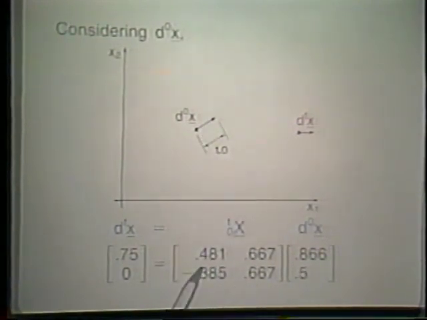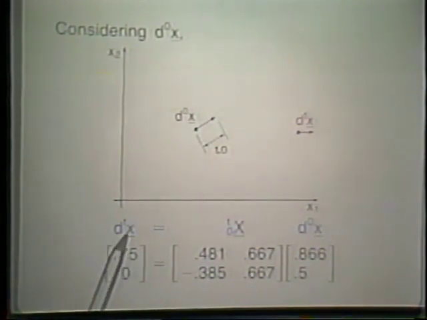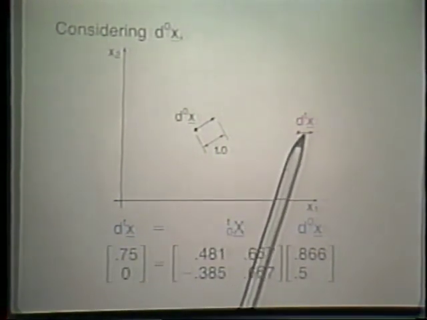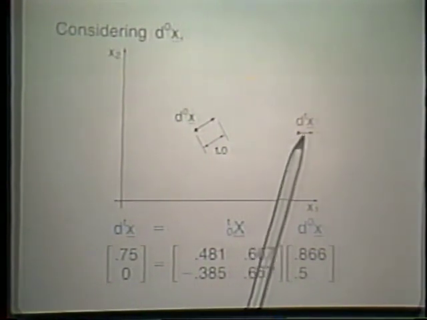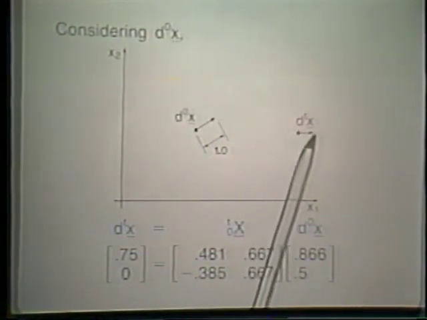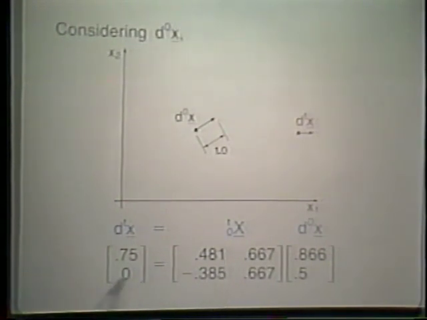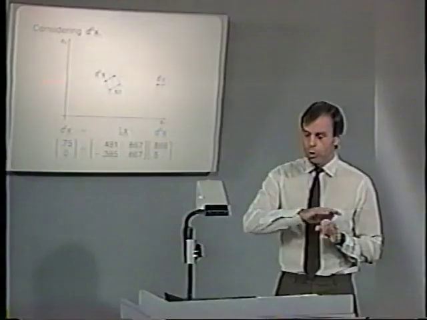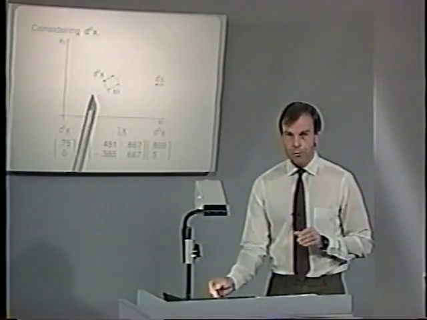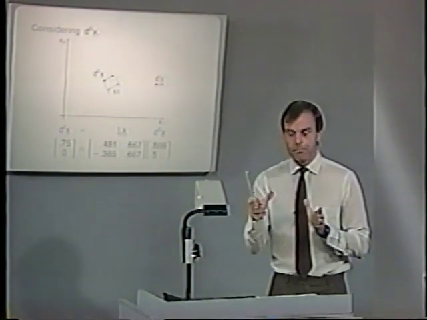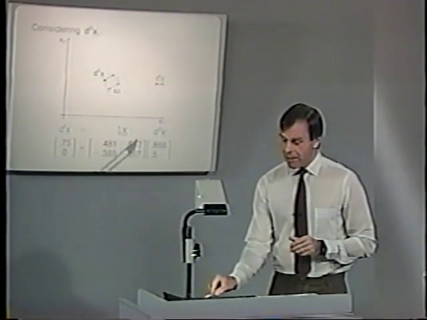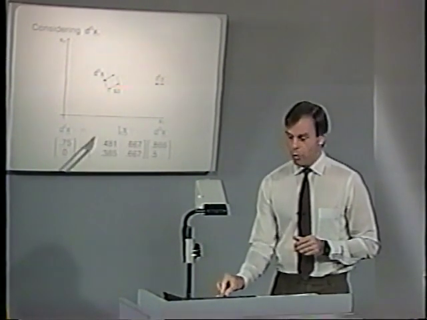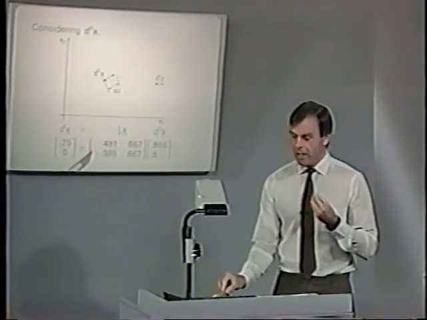If we multiply this out, we get dtx. And dtx, shown here, has no component in the x2 direction, but has a component of 0.75 in the x1 direction. What this tells us is that if we know the motion of a body from time 0 to time t, and particularly at time t, and if we have calculated the deformation gradient, the way we have defined it, then we can relate